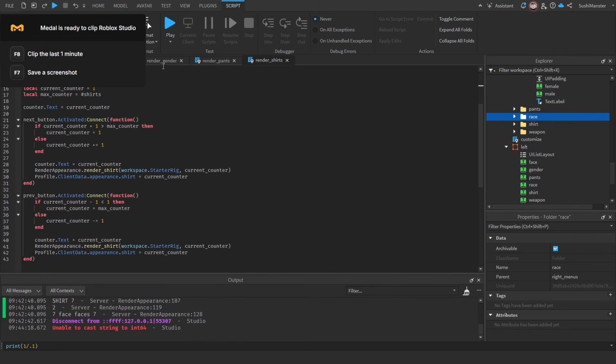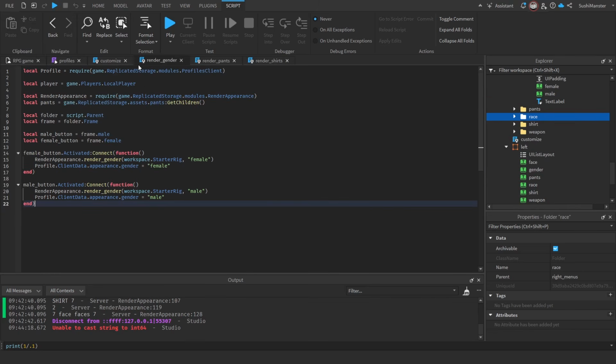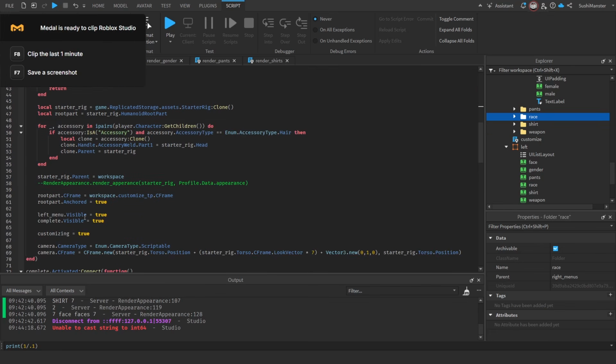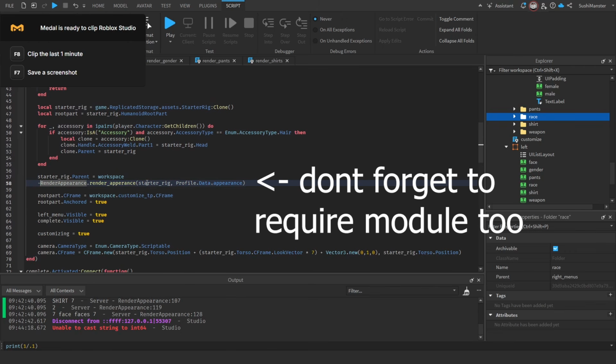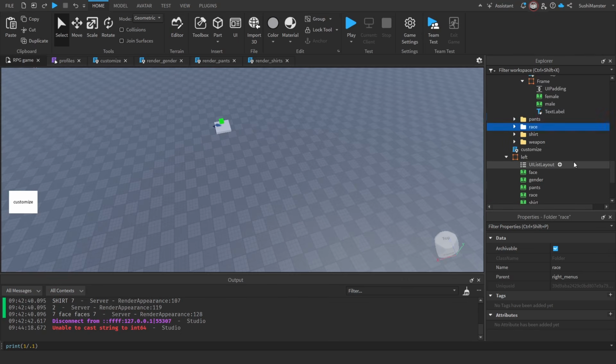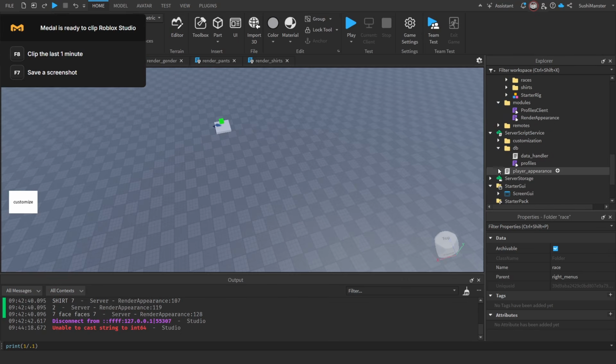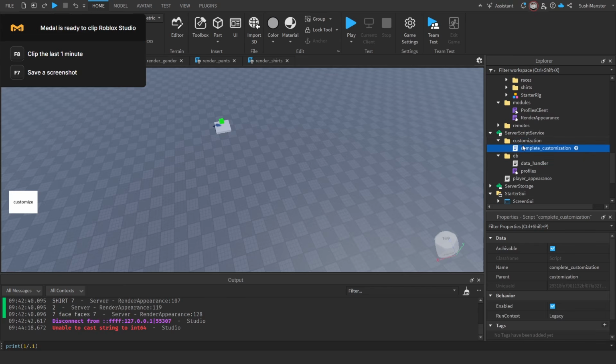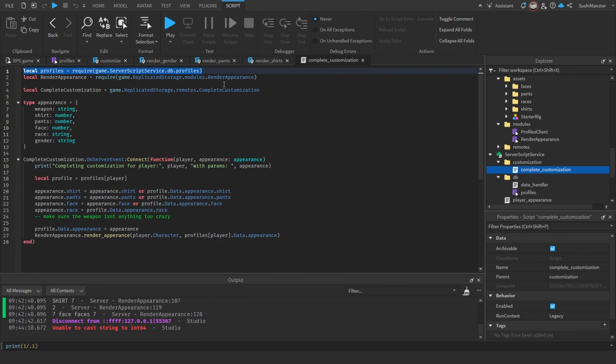Now that you know how render appearance works, we put it back in customize. We uncomment it here. And in complete, we make a new code to complete the appearance, so here we make a new folder, customization, complete customization. We get the profile, we get the render appearance module, we get the remote, we make a type for the appearance. And when we get the on-server event, when the player confirms the player has done customizing, we get the appearance,